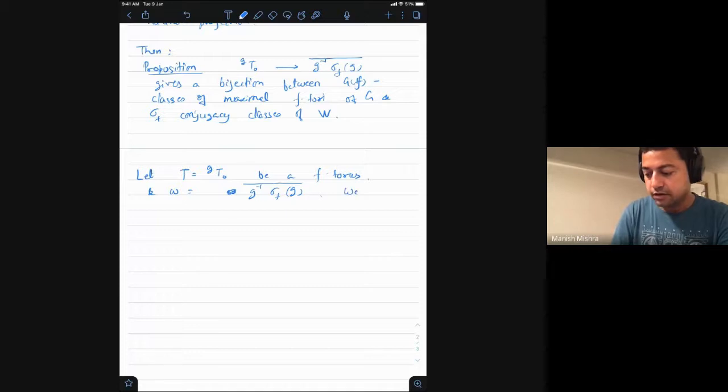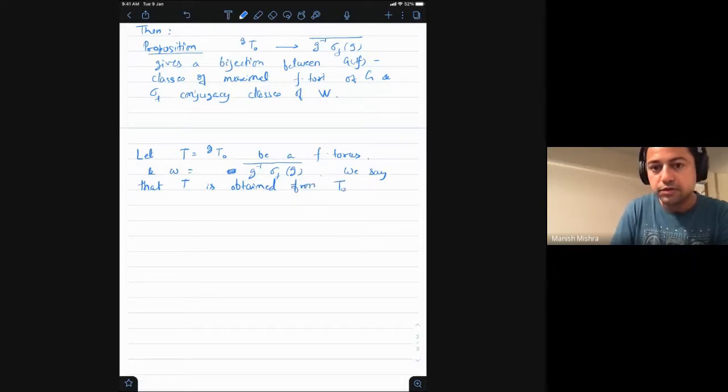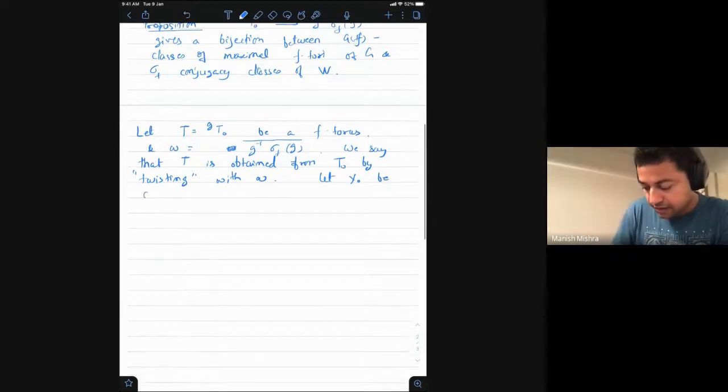Our notation is that we say that T is obtained from T0 by twisting with omega. Now let X0 be the character lattice of T0,